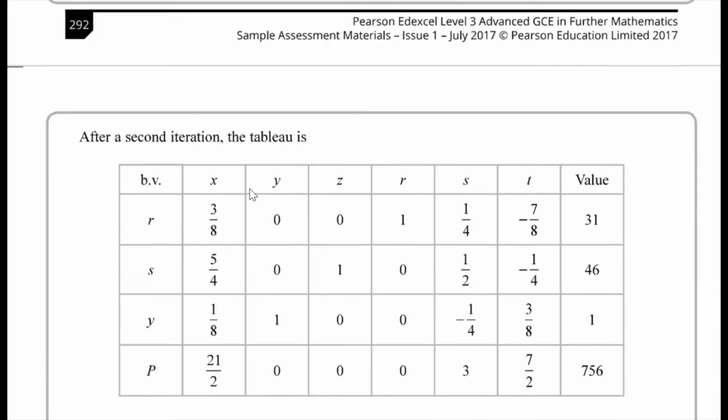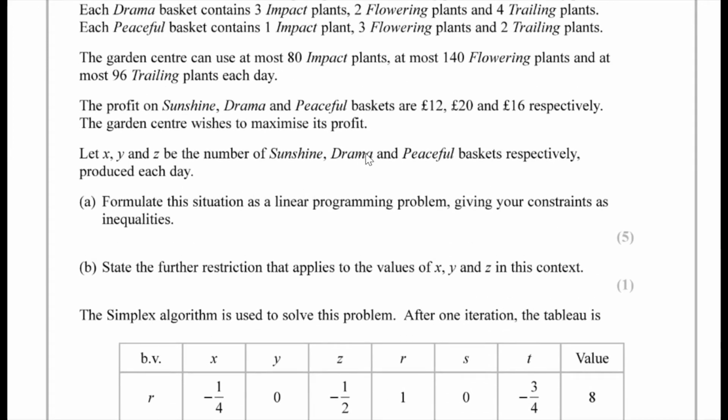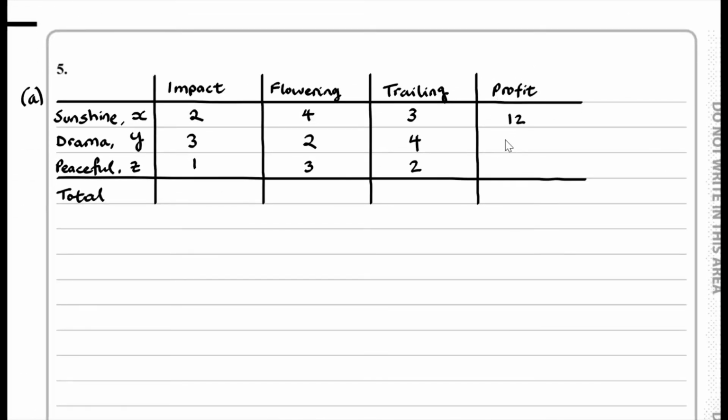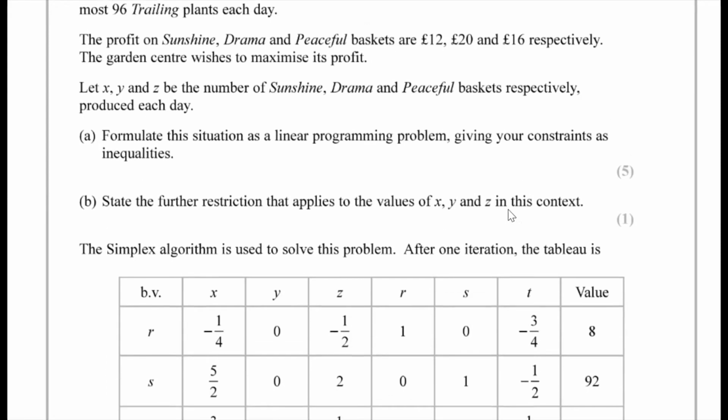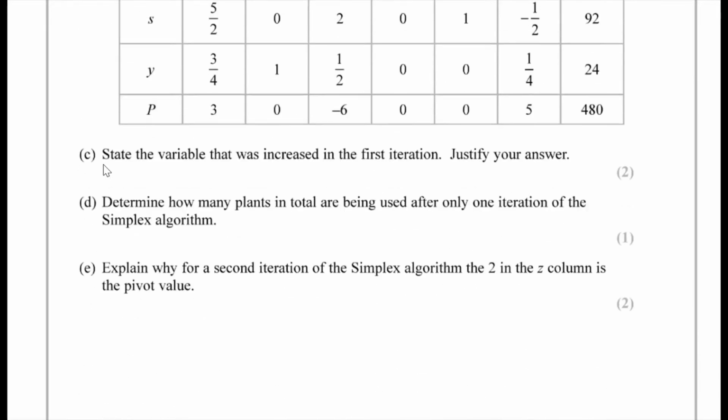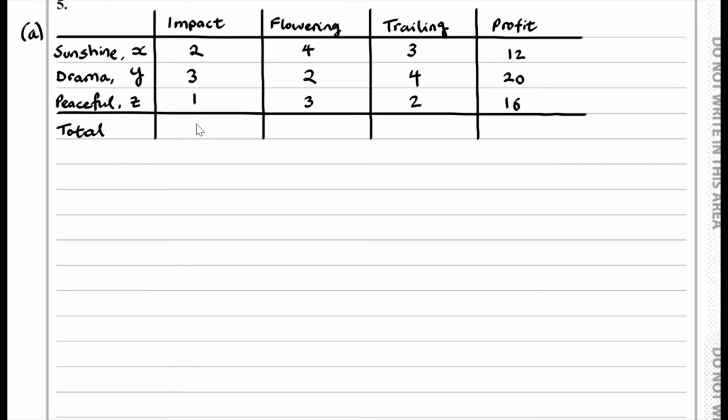And if we take a look at the profits, for each basket we have 12, 20 and 16. So let's just add that in. We have 12, 20 and 16. And if we take a look at the total, we have 80, 140 and 96 for impact, flowering and trailing respectively. And from this, hopefully you can recognize that we wish to maximize